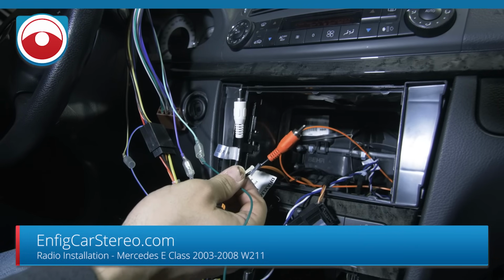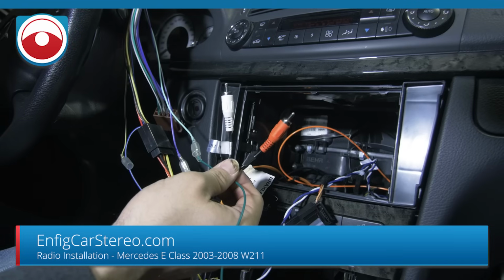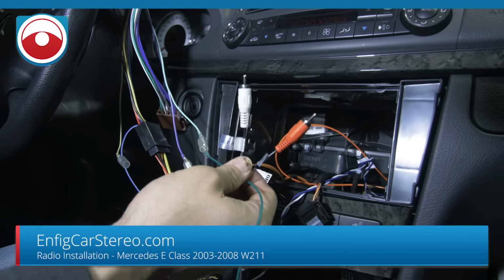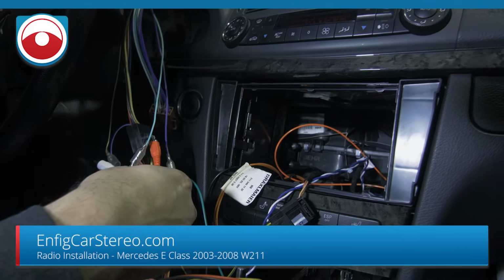You don't have balance in this car. It's only left and right. There's no front and rear. But always hook it up to the front, because the Bluetooth always comes through the front. So if you hook it up to the rear, you're not going to be able to hear your callers. Okay, let me go get the metal cage, and we'll come back and figure out how we're going to fit